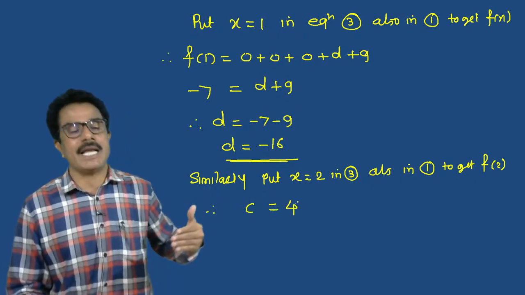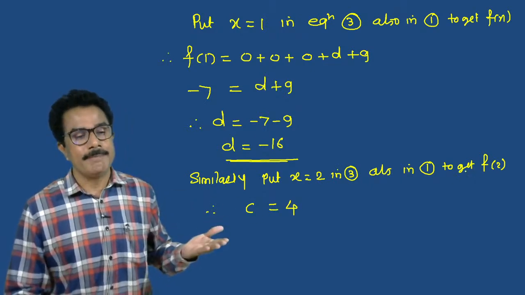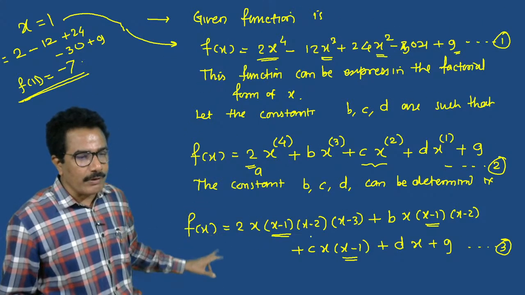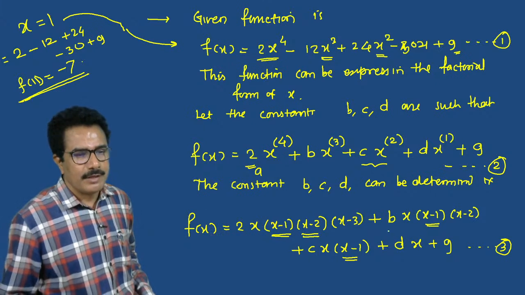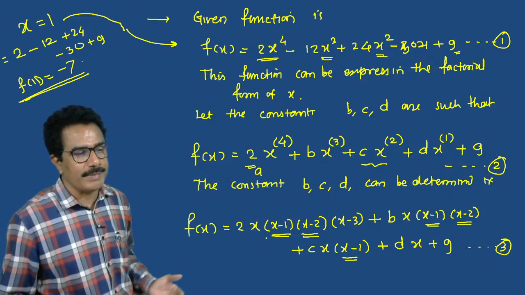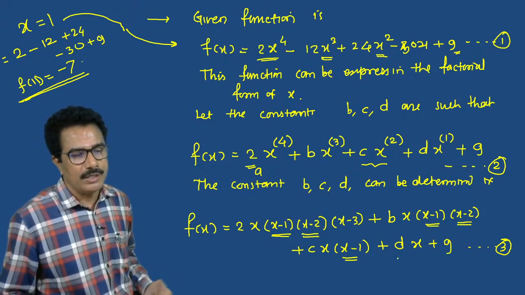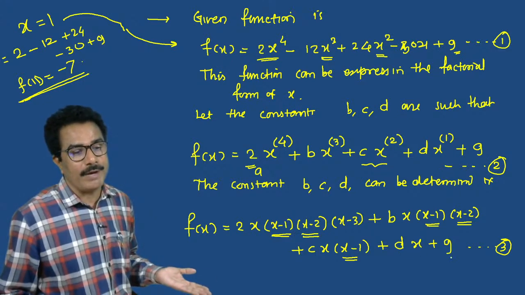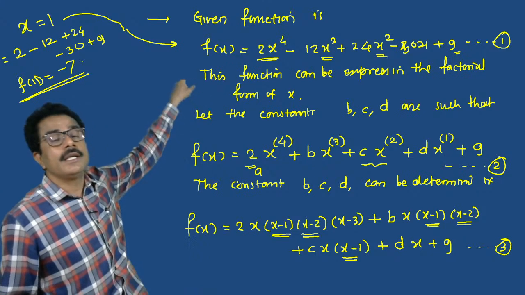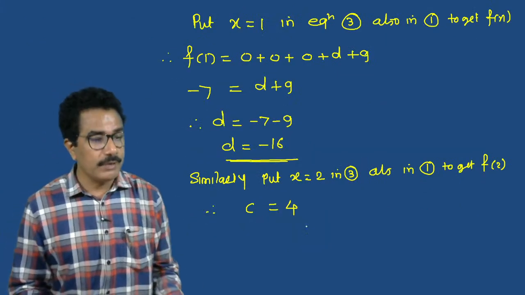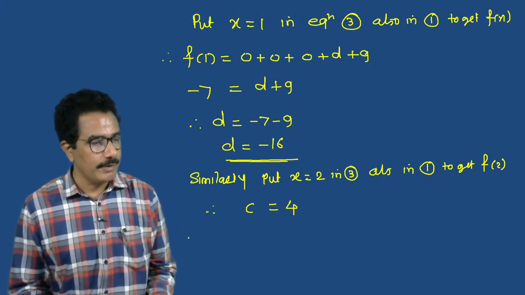तुम्ही ते होमवर्कला करा. f of 2 ठेवा, 2 ची व्हॅल्यू इथं इथं ठेवा. इथं जर 2 ठेवला तर हा 0 होतो, हा 0 होतो. c ची व्हॅल्यू काढायची, x च्या जागी 2 ठेवा म्हणजे हा 0, हा 0, हा 0 येतो. आणि इथं d ची व्हॅल्यू माहीत झालेली आहे, x ची व्हॅल्यू 2 ठेवा, 9 ठेवा आणि f of 2 इक्वेशन 1 वरनं काढा. हे कॅल्क्युलेशन करा, होमवर्कचा पार्ट आहे. Then we get c is equals to 4. Also